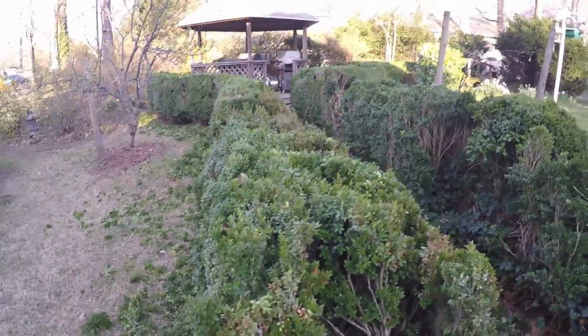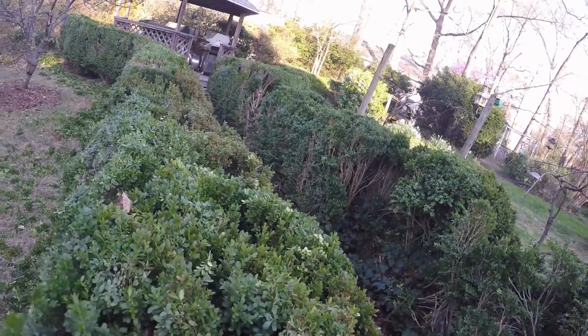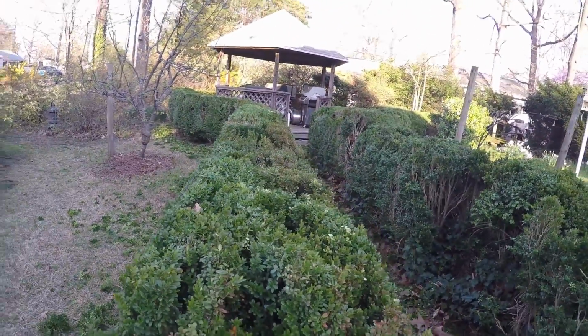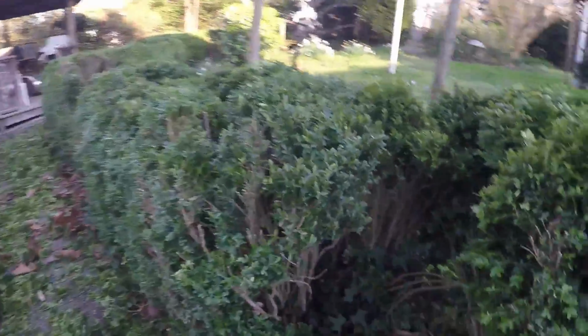You can see a slight angle on the sides. If you don't do it, this can get heavy and fall over. Just lightens the load. Got them a little bit square. I'll look coming back the other way. I got a hole here,